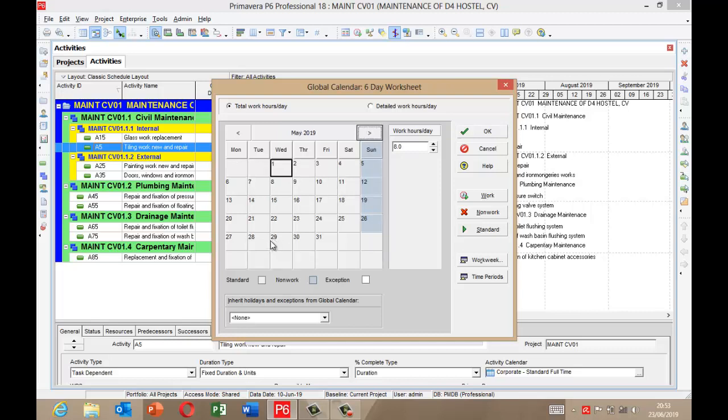Then in May, we have May 29, the annual holiday, non-work. Then we also have Workers' Day, May 1st, non-work. May 29, non-work. Alright, then we move to June, July, August, September, October 1st, non-work. Let's go back again for June 12th,